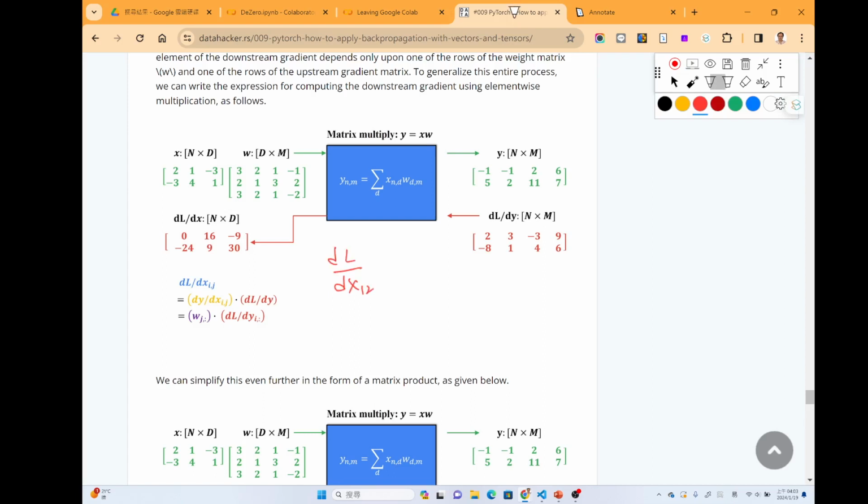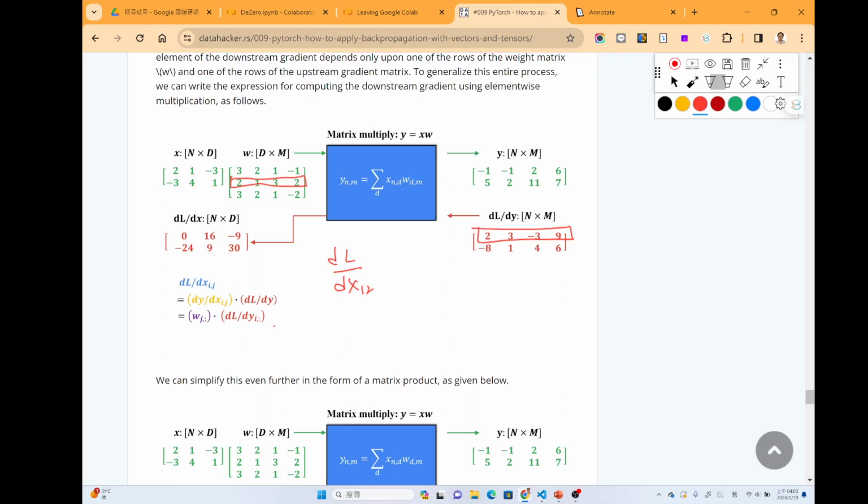In this case, j will be 2, so we will choose the second line here, and i will be 1, so this is the first row here. So we just make the inner product between these two matrices.